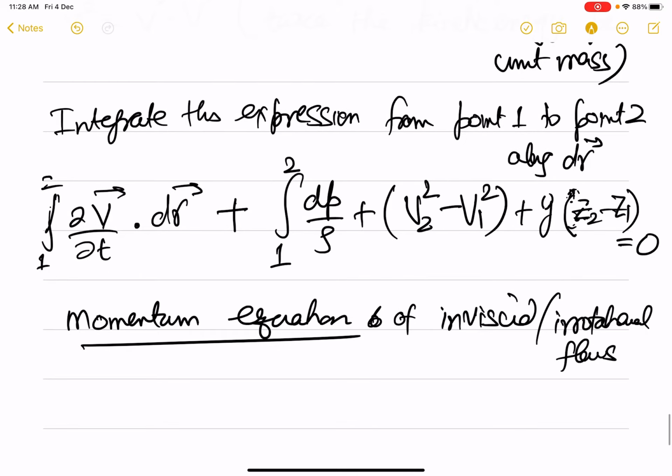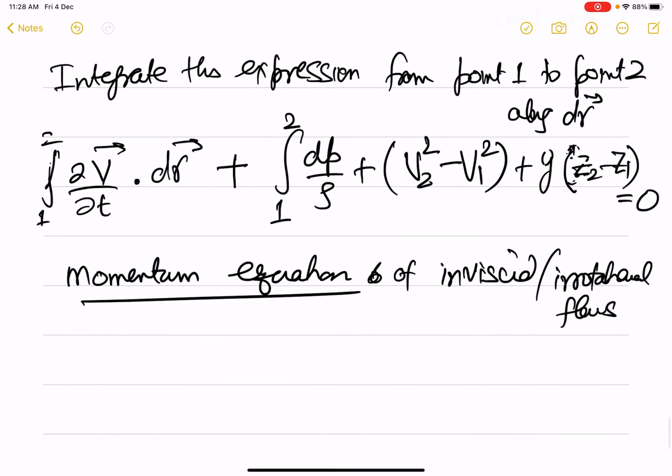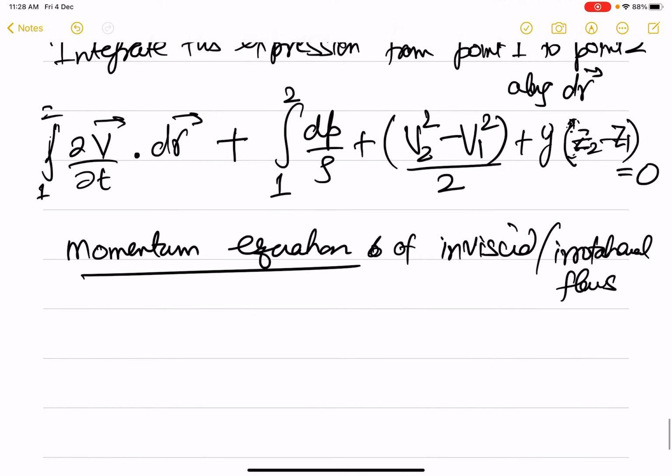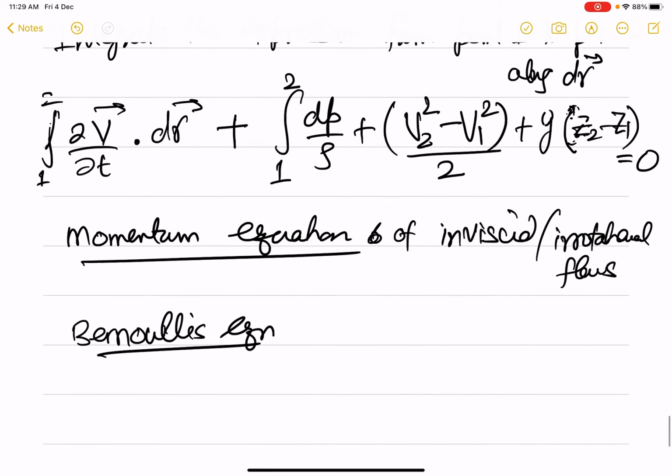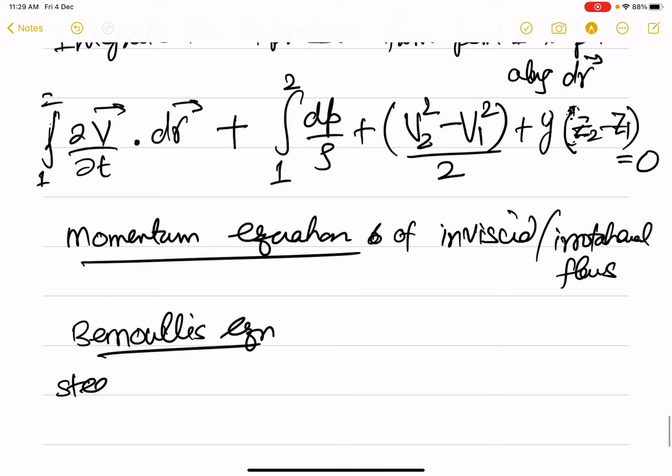The momentum equation gives us this, and you can very easily see the shape of this. Well, I forgot a 2 here, so I've put that here now. And you can look at the form of these equations. Does it remind you of something? Obviously, this reminds us of the well-known Bernoulli's equation.